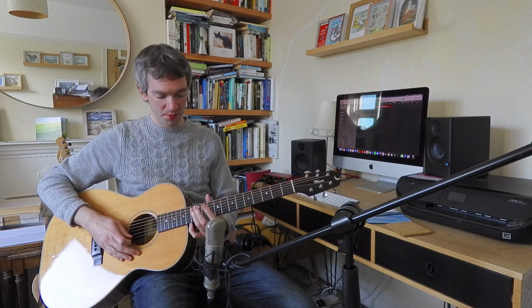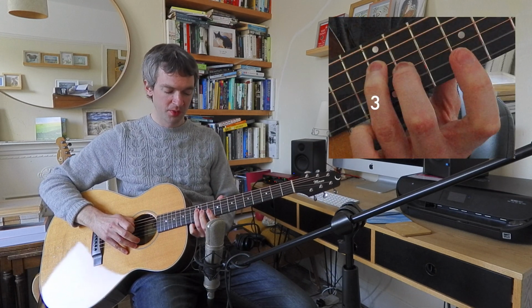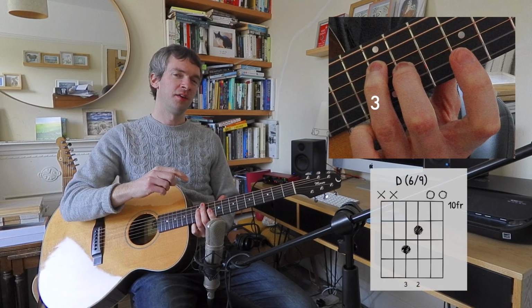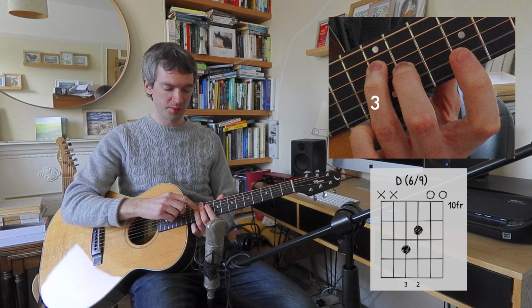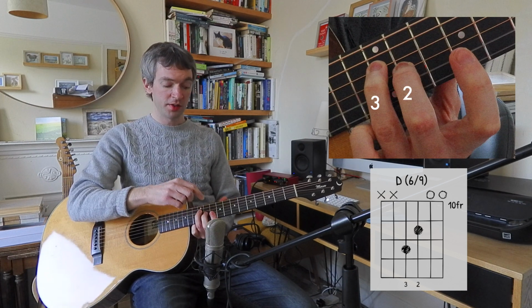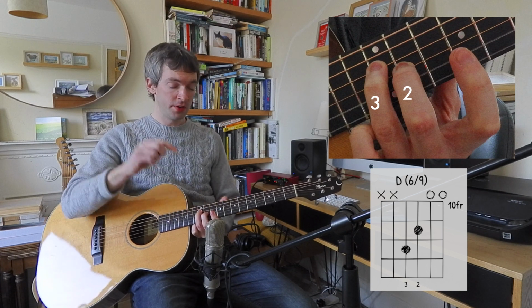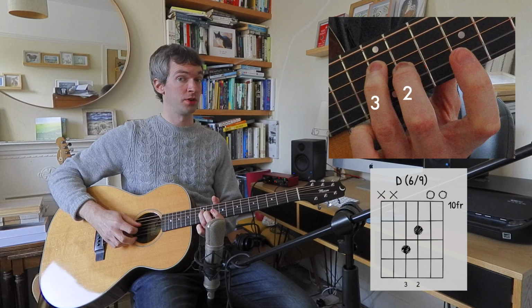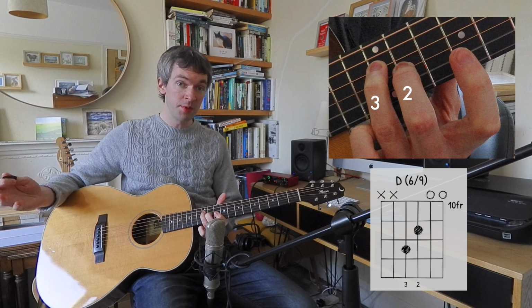Next one, we're going to move up to fret number 12 of the D string. So again, make sure you're keeping your third finger on these notes on the D string at all times. Don't be tempted to switch them over. Third finger, fret 12, D string. Second finger, fret 11, G string. So this one, they're closer together again, which makes them a major. So this is our D major chord,